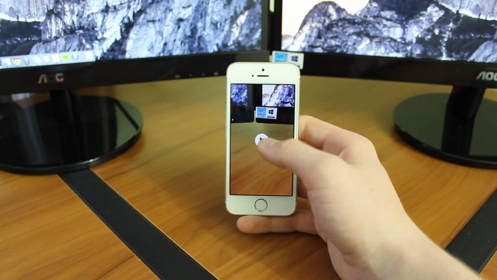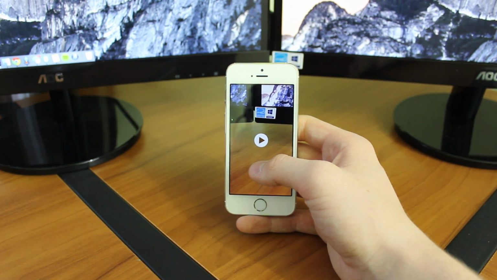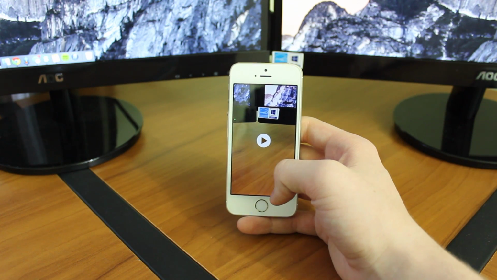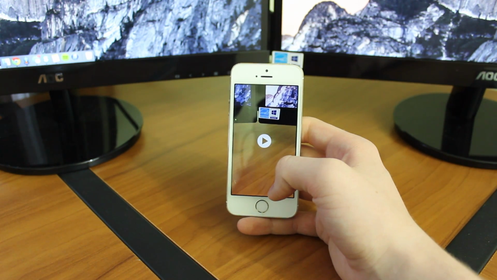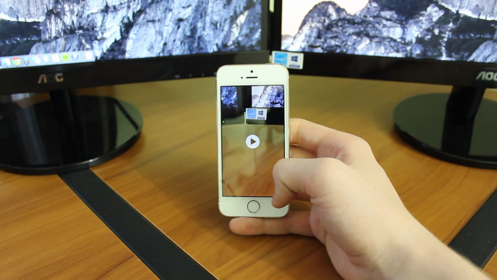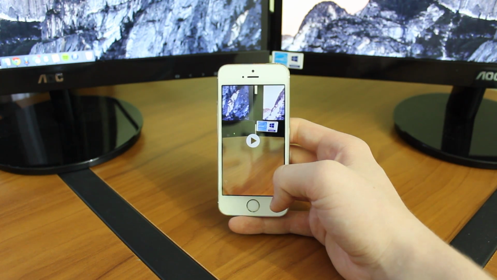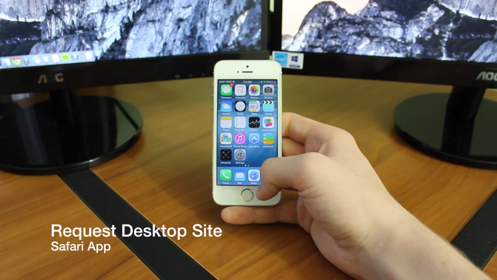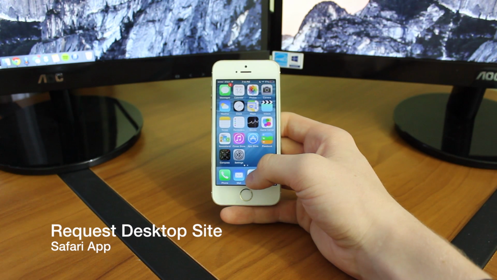Obviously, I just filmed that for a few seconds, but that would be working for a video that has a lot of motion and you're filming for an extended period of time. But the real question is, how long can you actually go on with filming on your iPhone before you max out your storage? So the next feature is request desktop site, and this actually works via Safari,